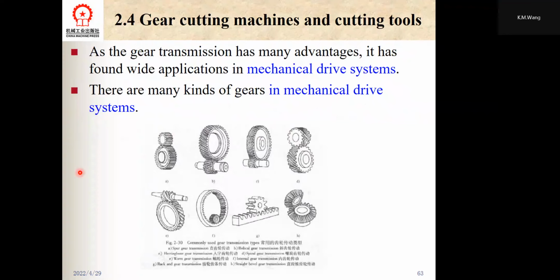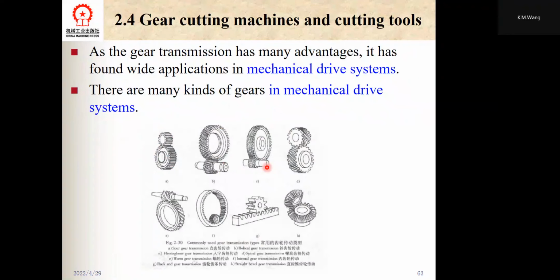This picture shows commonly used gear transmission types. The first, A, is the spur gear transmission, and B is the bevel gear transmission, and C is the helical gear transmission,